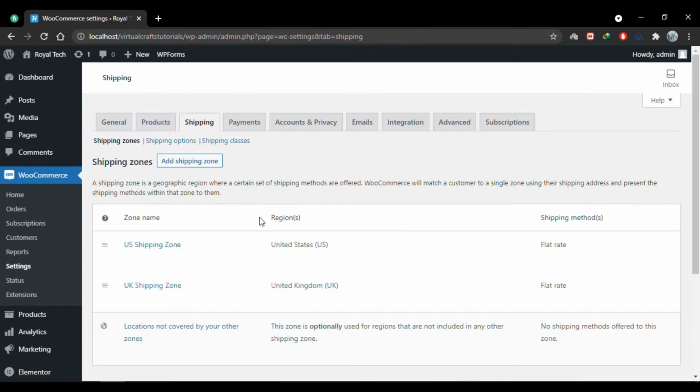Right now two shipping zones have been created with the flat rate shipping method. There is so much more to this flat rate shipping method. We can add shipping prices per product, and we can add percentage shipping as well. We'll get to that in a moment. So let's have a look at what we've created till now.